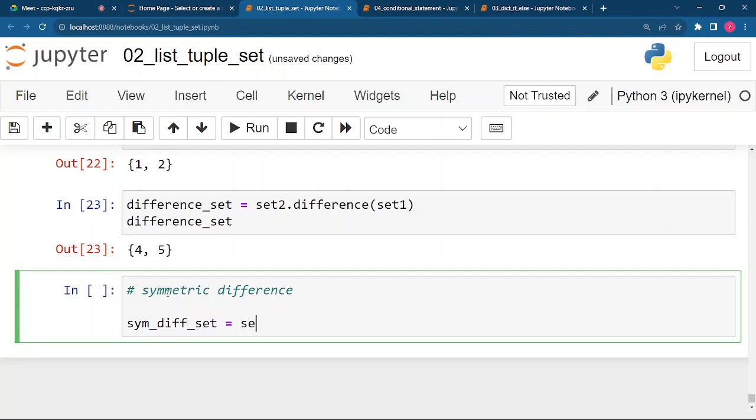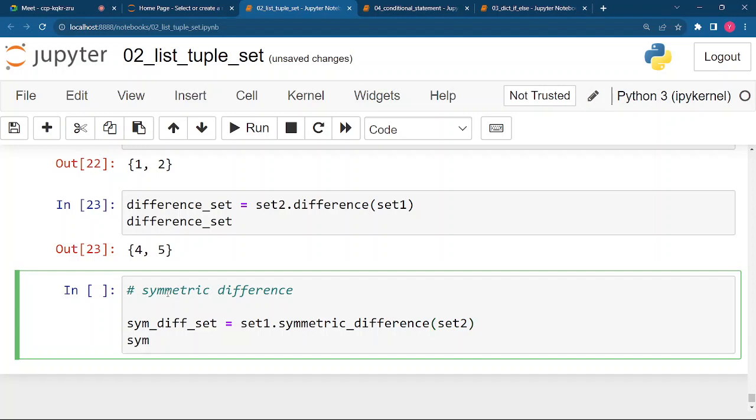So we will write set1.symmetric_difference(set2). This is the proper name. When I run this symmetric difference, can anyone let me know